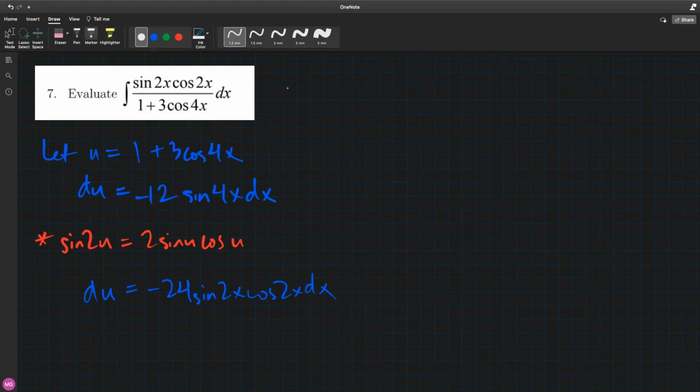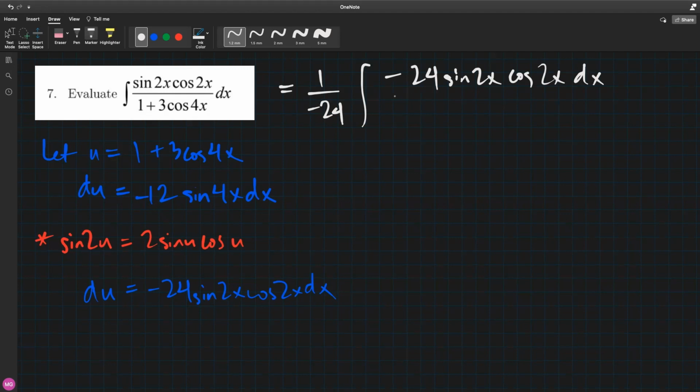So let's manipulate this expression a little bit. Since we have our du as negative 24, let's just add 1 over negative 24 here at the left side. So we can get negative 24, copy this, sine 2x cosine 2x dx, and then just copy our denominator, 1 plus 3 cosine 4x,